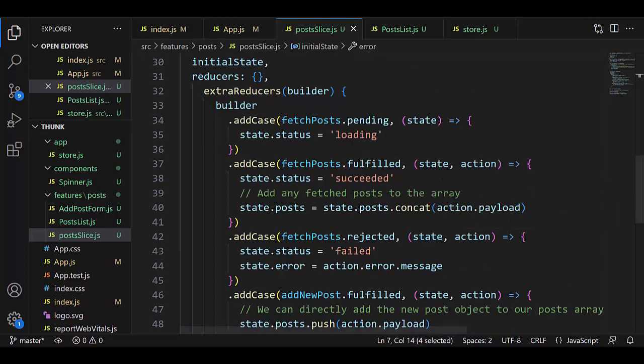It will be concatenated with the array from the server. And when the process is finished, we will see